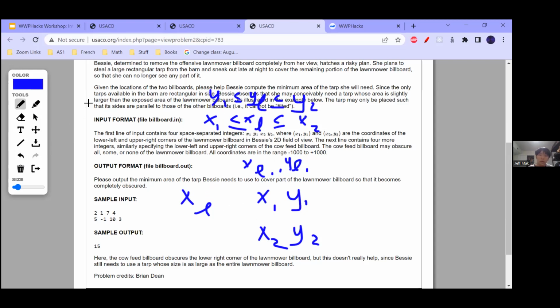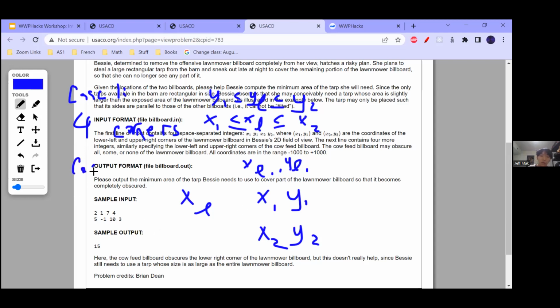And then there are 3 cases. Case 1 is if all 4 corners are covered. If all 4 corners are covered, that means you don't need any tarp, so you can just return 0.